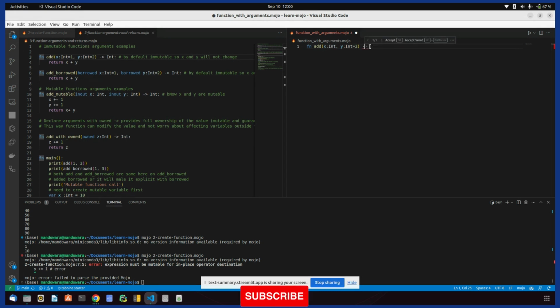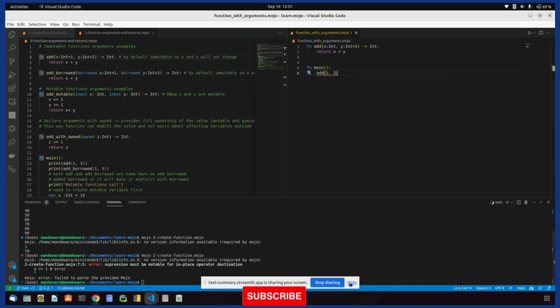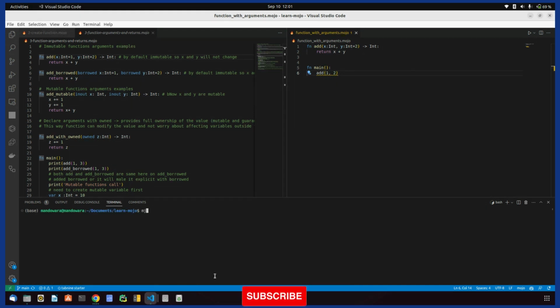And once we have those details, then we can type the return type of it, like what it will return. So it will return an integer value. So I'll be returning x plus y, right? Okay. Now let's just call this function in main, and add one and two, right? Now let's run. Clear it up. Mojo